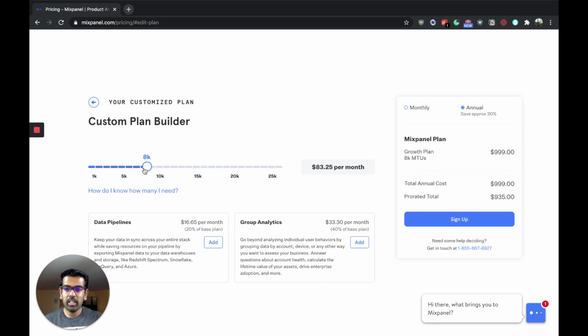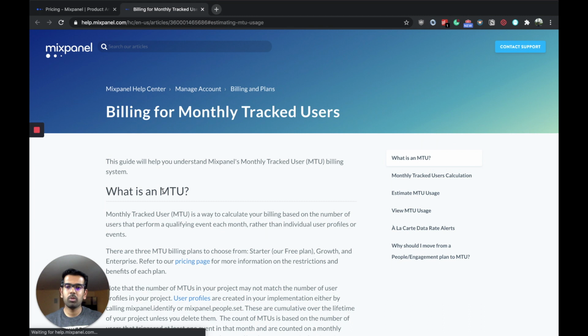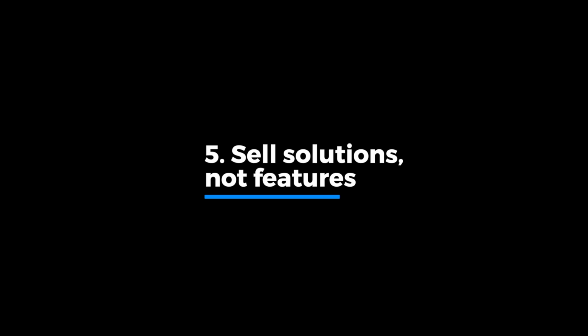It does align with the needs of the customer because Mixpanel's value proposition is the extensive amount of user data that it holds, tracks, and then creates reports on top of that. It is not so easy to understand the term once you read it because it is not an industry standard metric, but they have a whole page over here which helps you understand what it exactly is. And finally, Mixpanel helps its customers acquire new users by giving them insights into product usage data, which in turn helps Mixpanel grow. So their growth is directly baked into their pricing model.